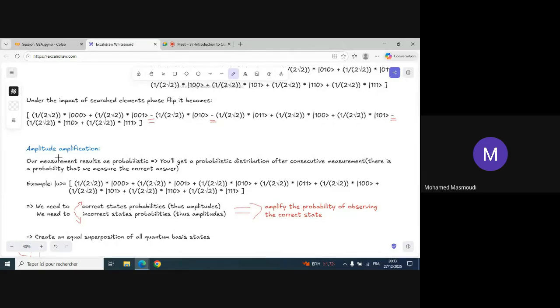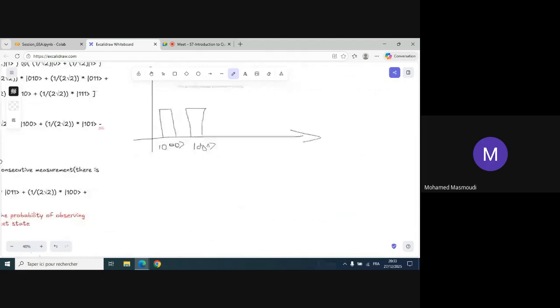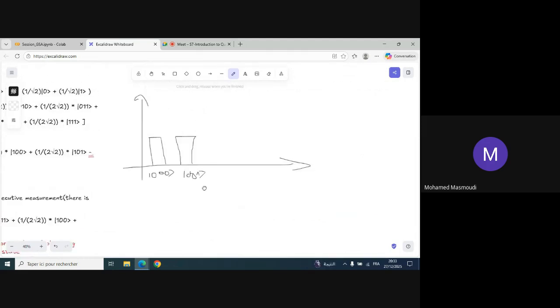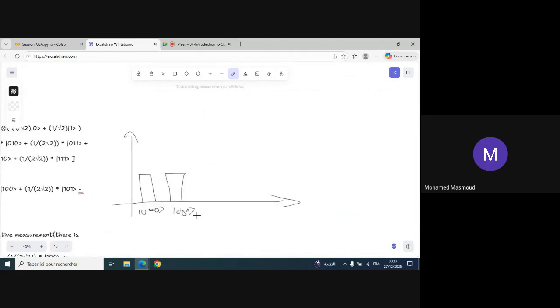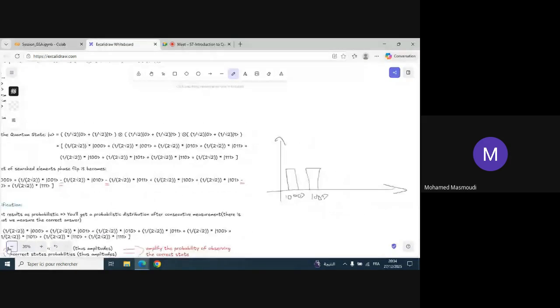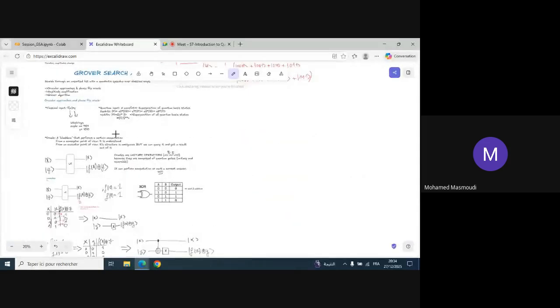Amplitude amplification serves us by increasing the amplitude of the marked quantum base state, which is equivalent to saying increasing the probability of measuring the marked quantum base states, and vice versa for the unmarked base states,